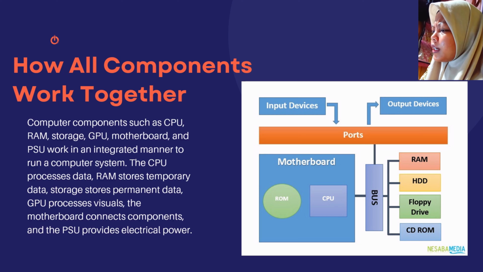The CPU process the main data. ROM, read-only memory, located on the motherboard, contain basic instructions that help the CPU during boot up. CPU and RAM work together to process the necessary data and temporarily store that data being processed to speed up access and increase efficiency. After processing, data can be stored permanently in devices like HDD, SSD, CD-ROM, floppy drive.